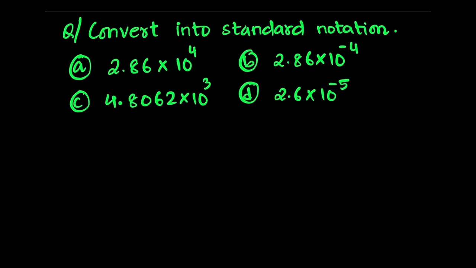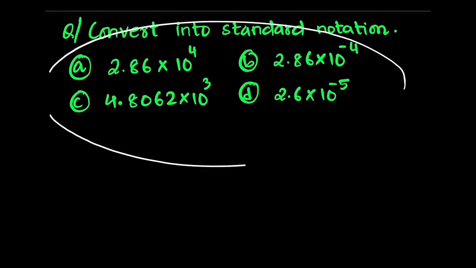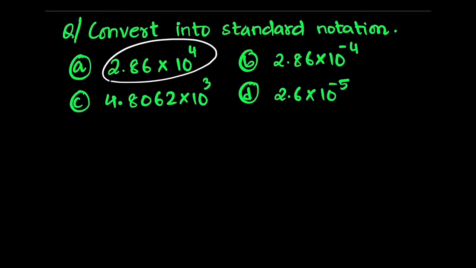Let's look at another problem which says convert each into standard notation. Are these numbers in scientific notation? Yes, they are, because they have two parts. There's a multiplier and the power of 10. And all these multipliers are between 1 and 10. So let's convert this one. So for this, first write this multiplier